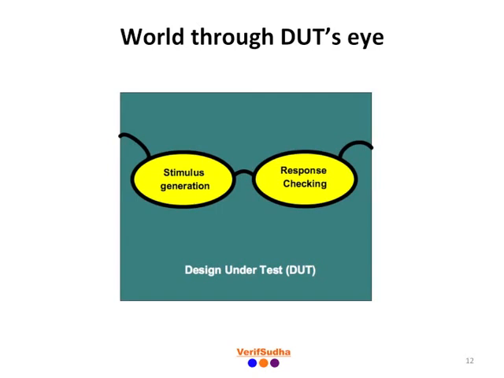We need to abstract it to what is relevant for the DUT. What does that mean? Imagine an AND gate sitting in a missile control system. If AND gate were to be our DUT, we don't want to model the entire missile control system to verify the AND gate functionality. To avoid getting lost in irrelevant details of vast application world, focus on it as seen by DUT's eyes and not from the application's eyes.